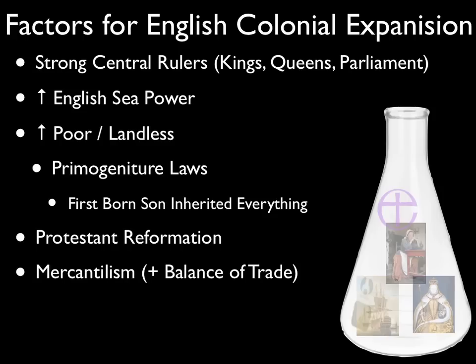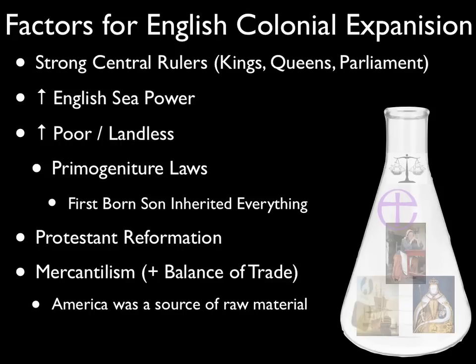And the final factor relates back to the English economic policy during this period, which is known as mercantilism. We'll talk more about mercantilism in a later video. But the basic idea is that a country achieves wealth by having a positive balance of trade, and they do this by exporting more than they import. And so England saw America as a great source of raw materials and a market for their products. And so they saw the colonies as a way to increase their balance of trade, to increase their exports relative to their imports. So when we mix all these factors together,